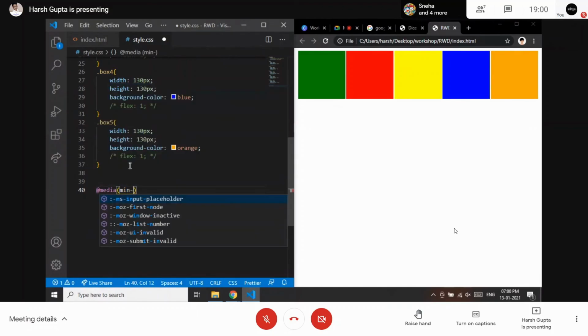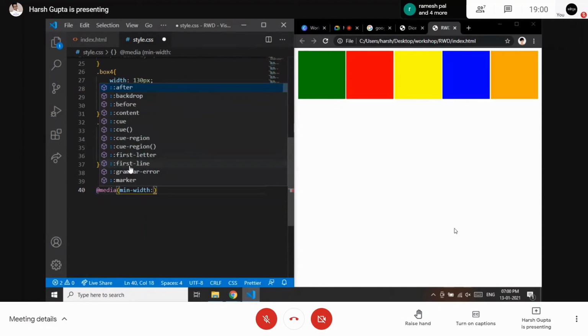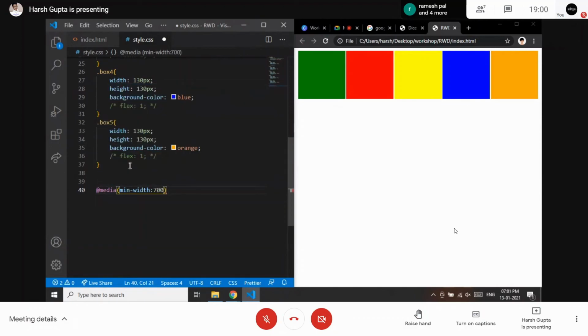Let's write @media, and we need to apply a certain condition, let's say min-width of 700 pixels. After that we will write our code. It means the window should have a minimum width of 700 pixels.